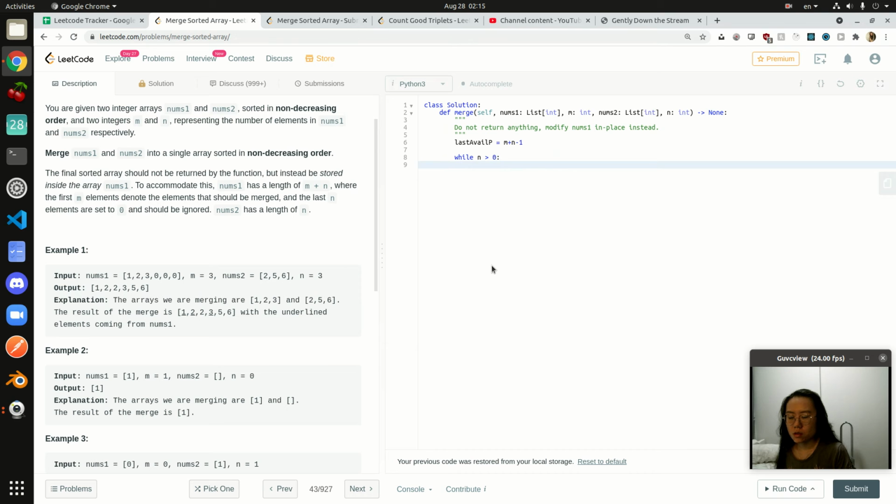While n is more than 0, we first check whether the element that n minus 1 is pointing at is bigger than or equal to the element m minus 1 is pointing at. So if nums2